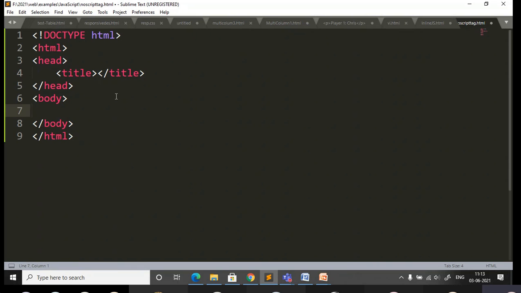So here just write noscript. Yes, can you see you are getting the predefined tag. So here you just write, not support JavaScript.